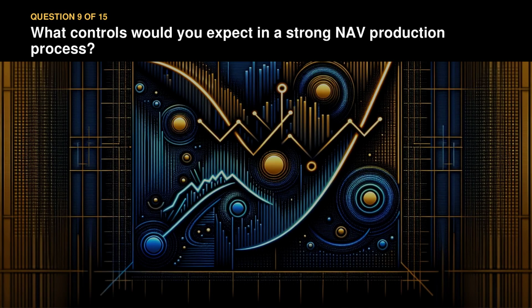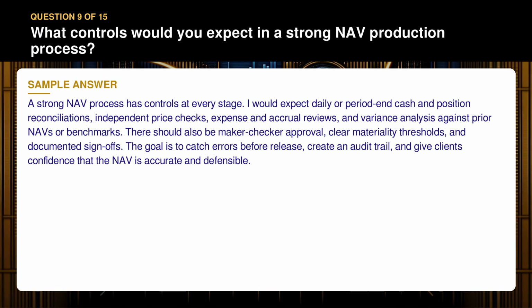Question 9. What controls would you expect in a strong NAV production process? A strong NAV process has controls at every stage. I would expect daily or period-end cash and position reconciliations, independent price checks, expense and accrual reviews, and variance analysis against prior NAVs or benchmarks. There should also be maker-checker approval, clear materiality thresholds, and documented sign-offs. The goal is to catch errors before release, create an audit trail, and give clients confidence that the NAV is